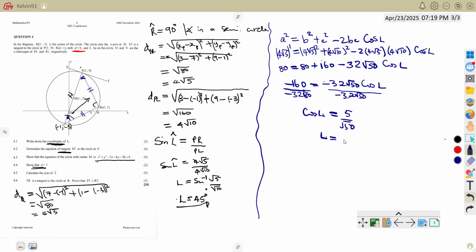Then here L is going to be cos inverse 5 over root 50. Then trust your calculator. So cos inverse 5 over root 50, which is still giving us 45 degrees. So you have to know that for you to be able to answer this question, you needed an